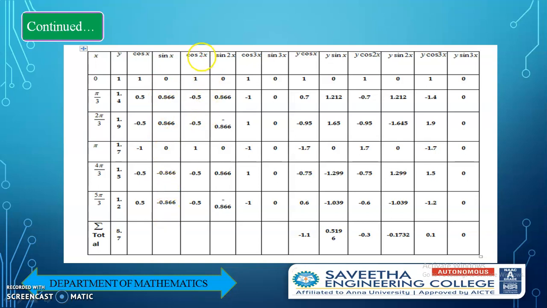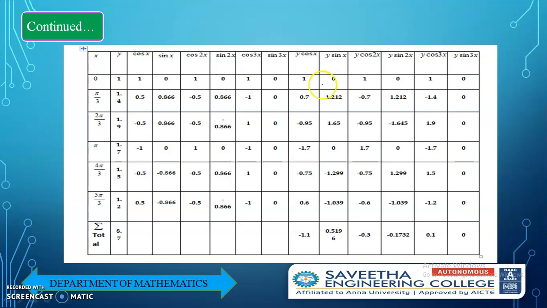Then cos 2x means we can multiply 2 into the x value. So for example, here I can take cos 2 of 60. So we get 120. What is cos 120? Minus 0.5. Then cos 240 minus 0.5, and so on. So just multiply the x value into 2. Similarly, multiply x value into 3. Then substitute in the calculators, we get the required results here. If you have any doubt, we can ask through phone call or in the WhatsApp group here.